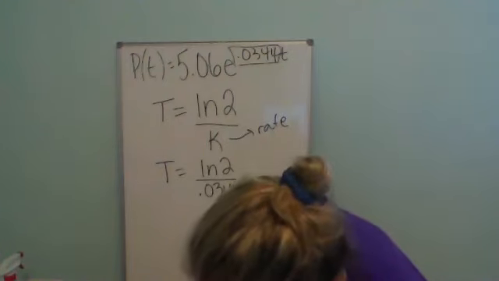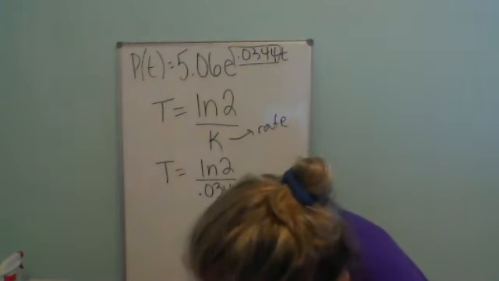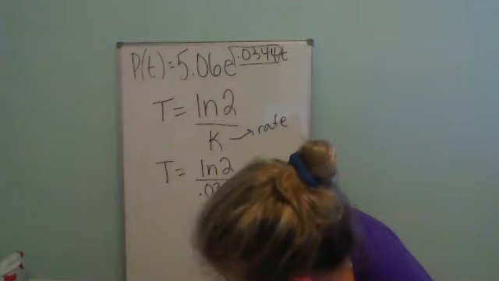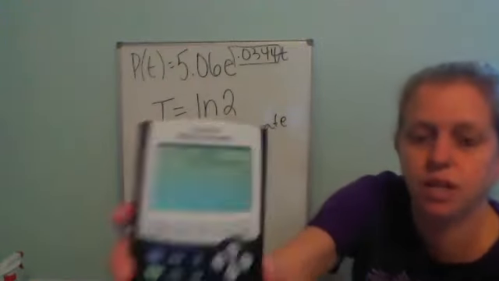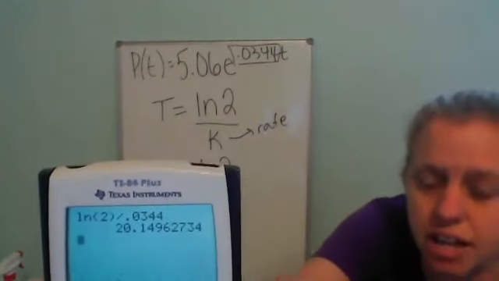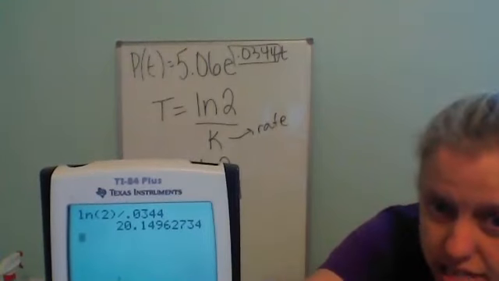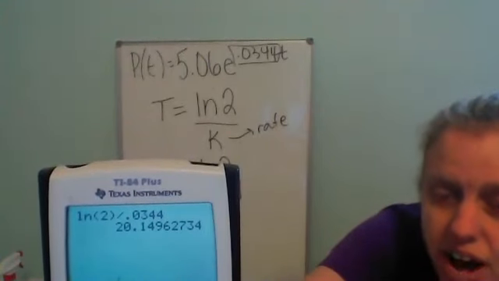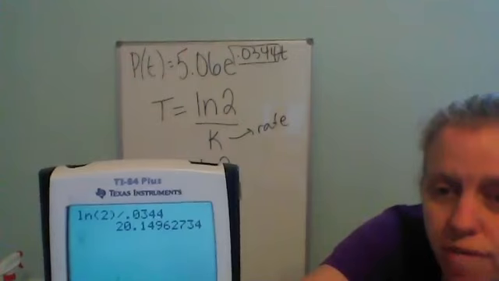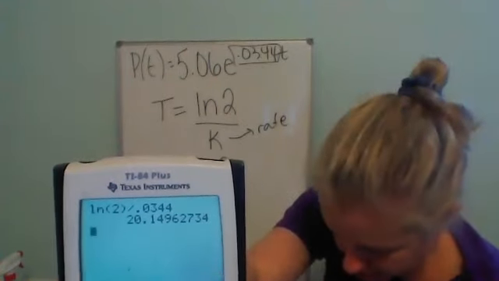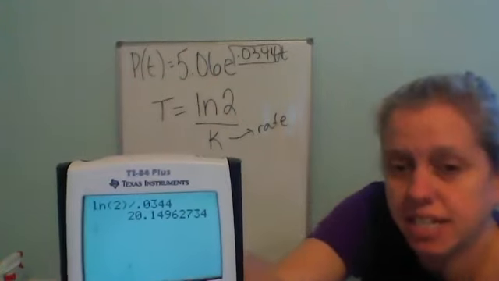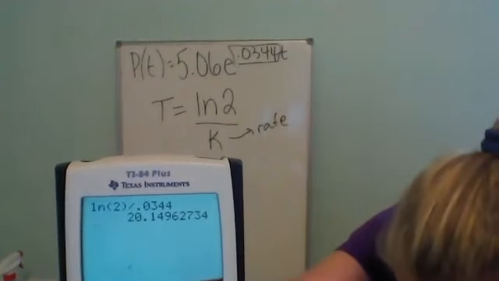What am I typing in wrong? Oh, careful how you type it in. I had to put ln2 close parentheses and then divided by 0.0344. So that tells me here that the doubling time, the time it's going to take the population to double,